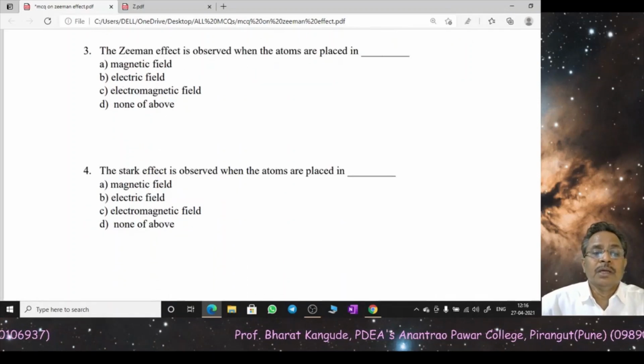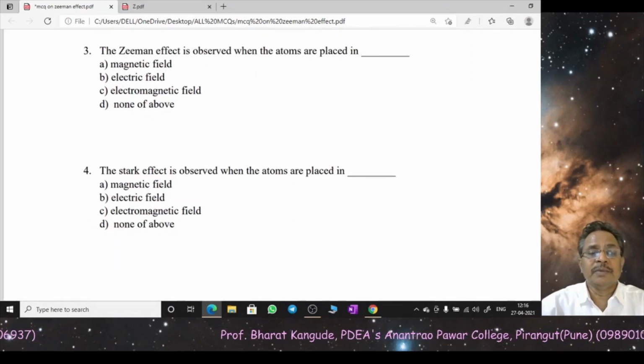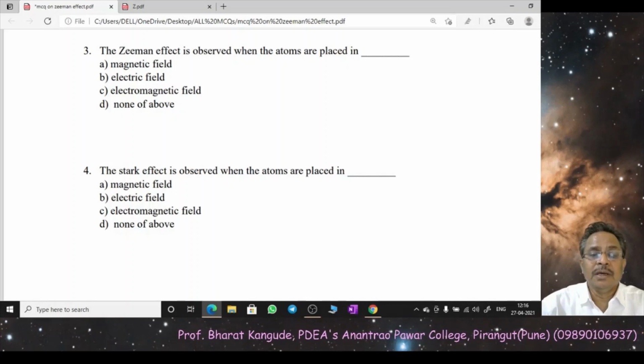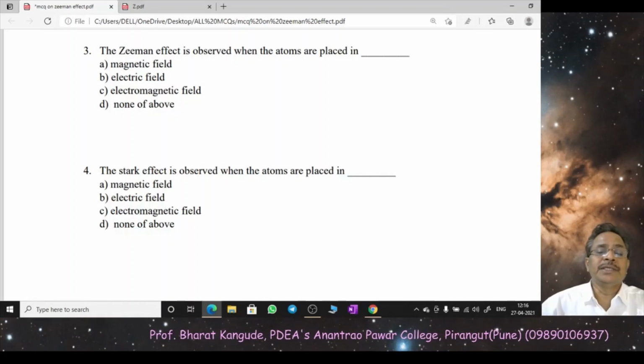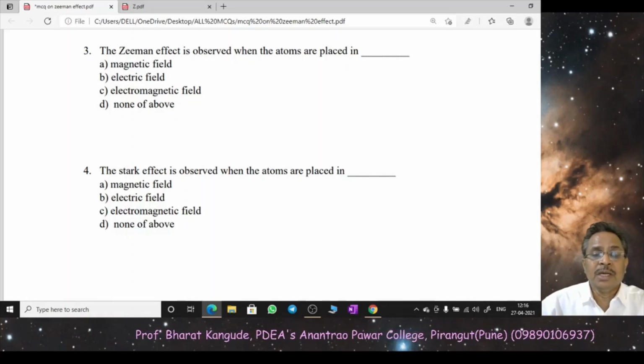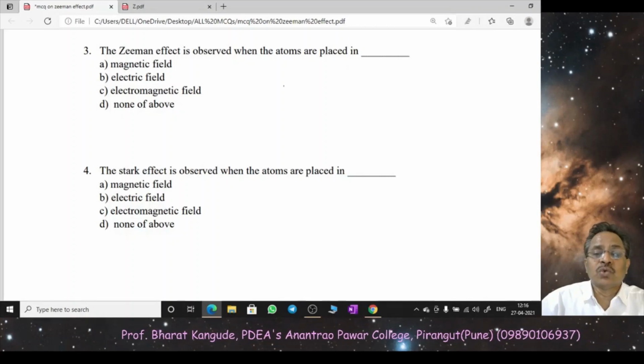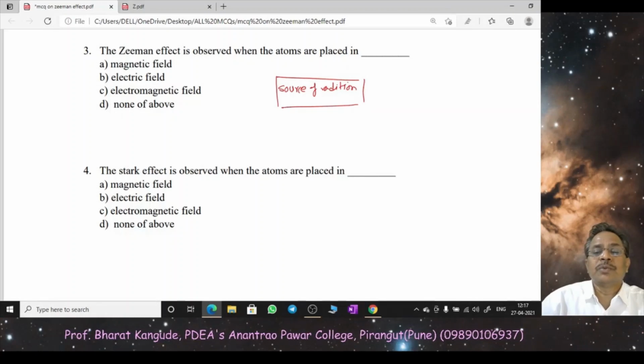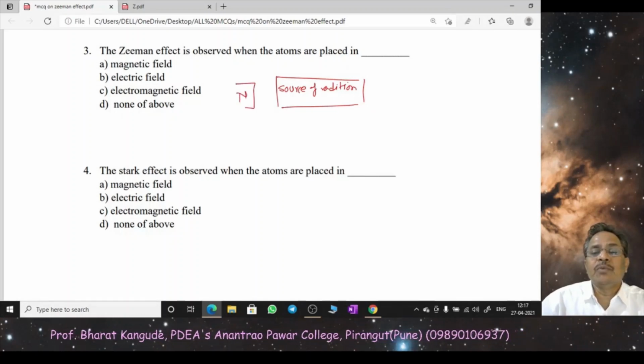Now question number 3, the Zeeman effect is observed when the atoms are placed in option A, magnetic field, option B, electric field, option C is electromagnetic field, and option D is none of the above. So this is straight away the definition of the Zeeman effect. Whenever a source of radiation or spectrum is kept in a certain magnetic field, if I apply, this is N pole and this is S pole of some electromagnet,